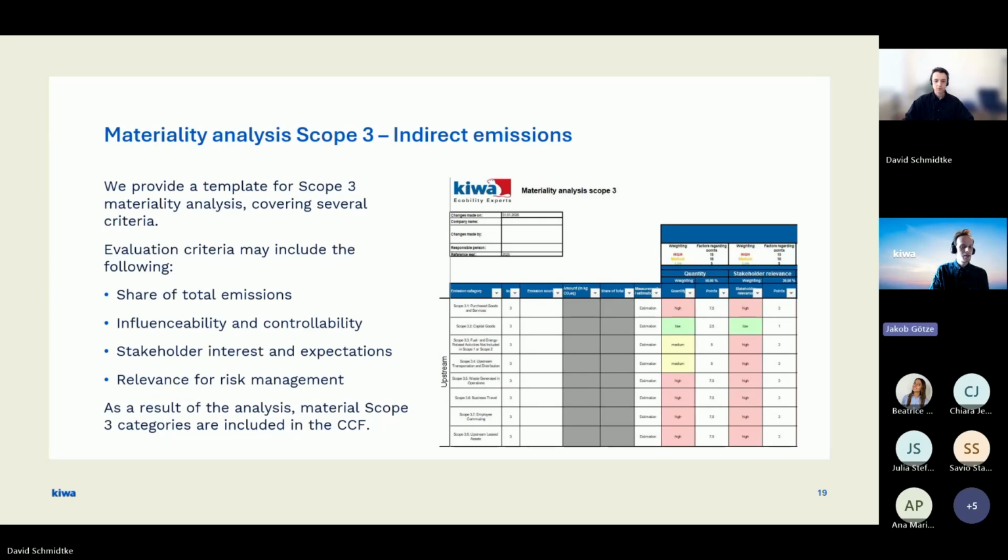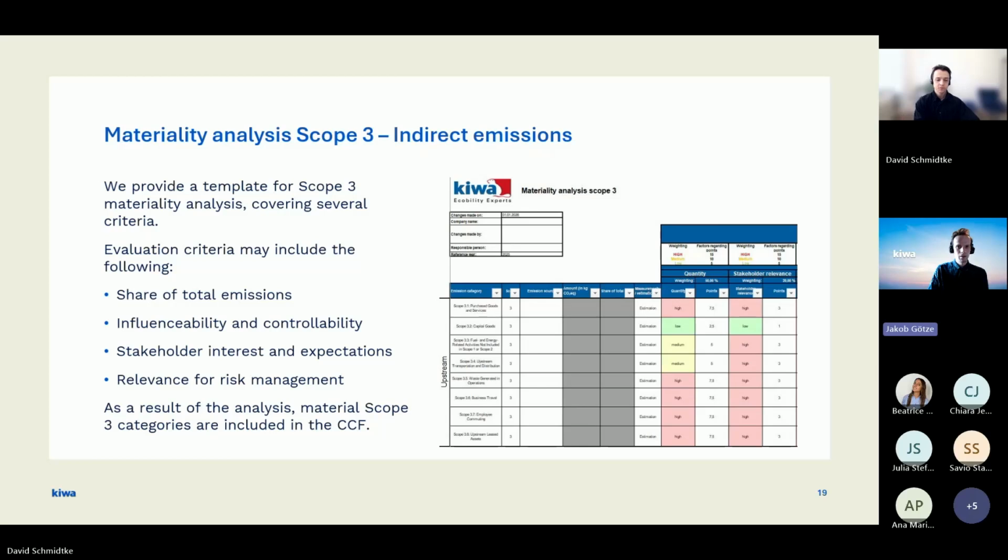Regarding scope 3 emissions, so other indirect emission sources, we conduct a materiality analysis to assess which emission sources to include. And this is due to the complexity of those emissions. Scope 3 emissions occur in the downstream or upstream of a company's operations. And